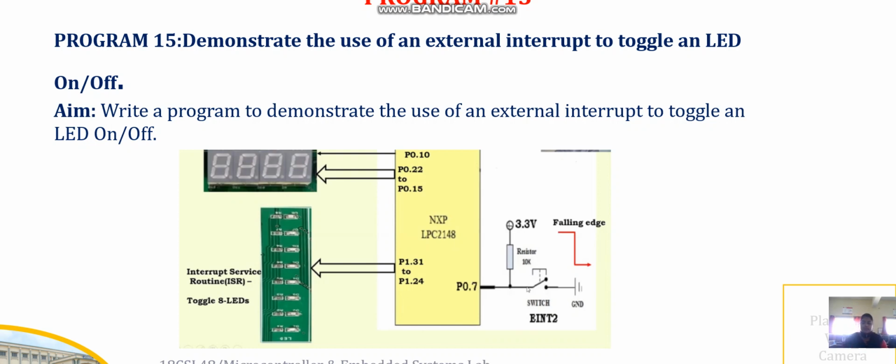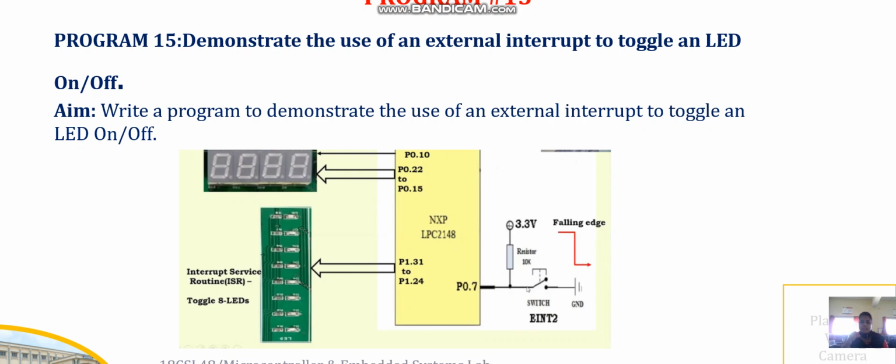Here you look at this diagram. This is the interrupt diagram. Basically it is going to display two things. One is the LCD, which is for display; it is going to display the value from 0 to 9. In the subtask, this is our LED. With the help of our interrupt service, it is going to blink the particular bit.